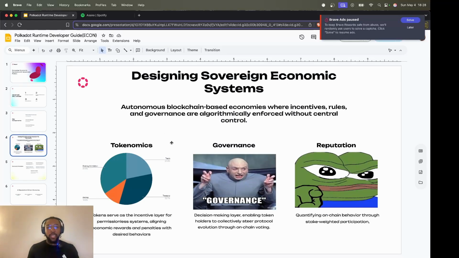So yeah, designing our crypto economic system, we need tokenomics. There's this joke that someone made before. Every chain nowadays does airdrops to try and farm users in, and they use that to apply for funding, because now they can show that this amount of people are using our platform or whatever.